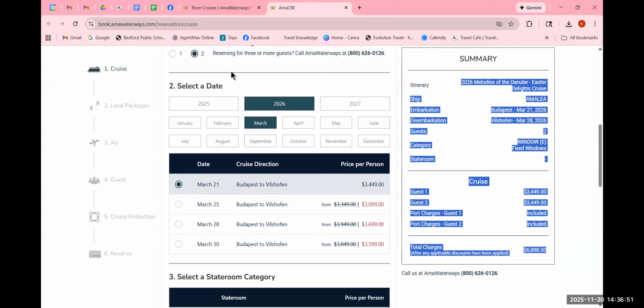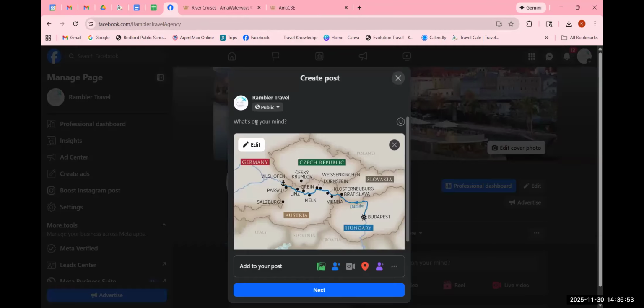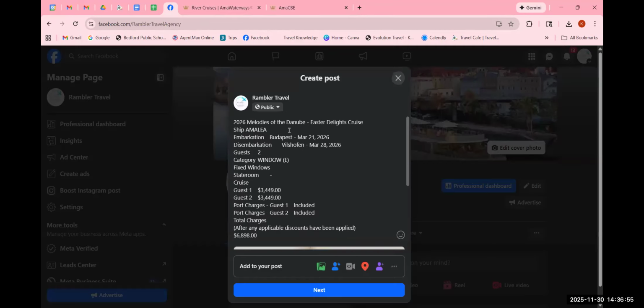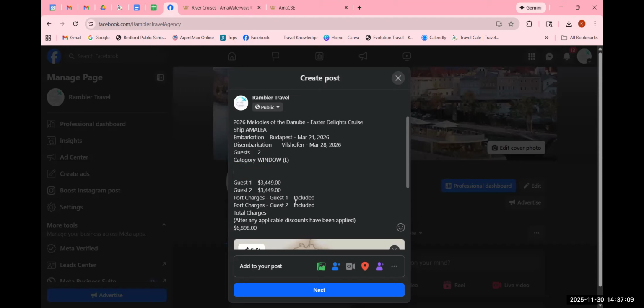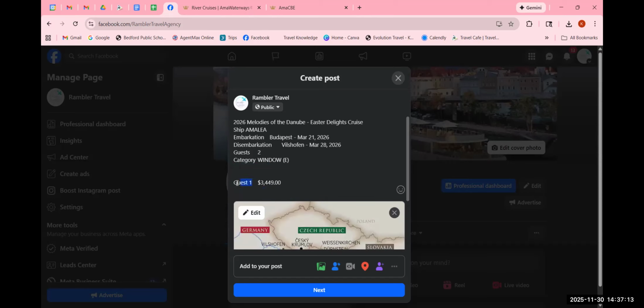I'm not gonna keep it all maybe, but I want that information. Okay. So here is what I'm going to do. I'm going to take out this fixed window, the stateroom, and I am going to actually do this from,